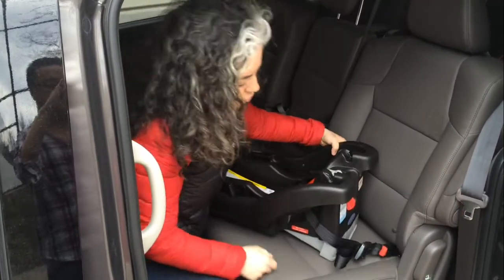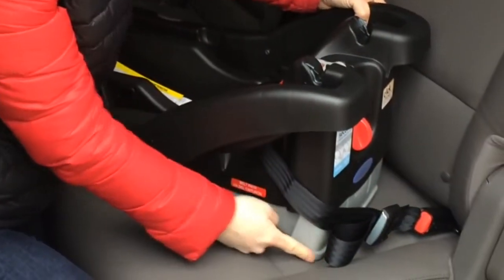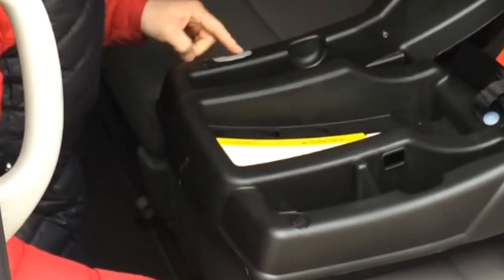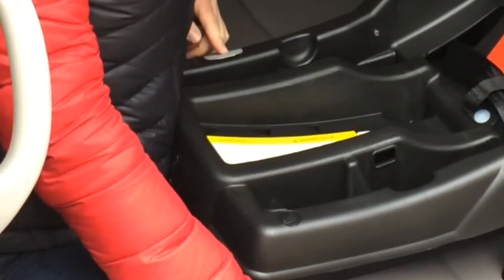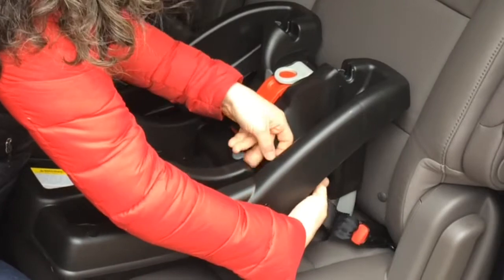Make sure your seat is reclined properly. You can turn this knob to adjust the height of this foot. Check on this side of the base that for a newborn you see only light blue. Now, take the tail, sneak it inside here,